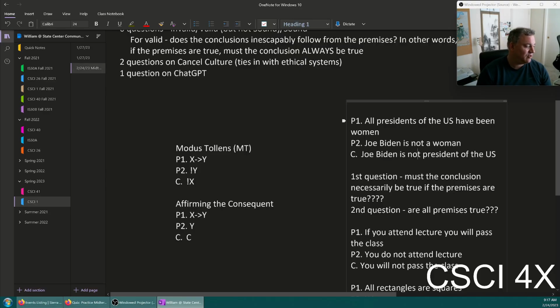This is a "ChatGPT is sentient, therefore using ChatGPT is cheating." Yeah. Right. So this is a valid argument. Okay. Then the second question is, are both premises true? No. P2 is true. P1 is not true. So this is a valid but not sound argument. Okay. So only after you've determined it's valid do you analyze the premises. This is the part that always gets students.